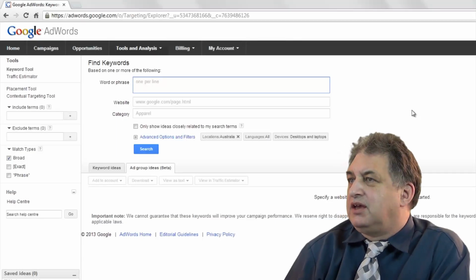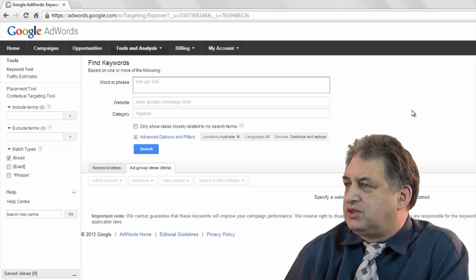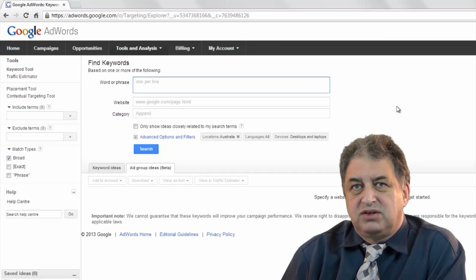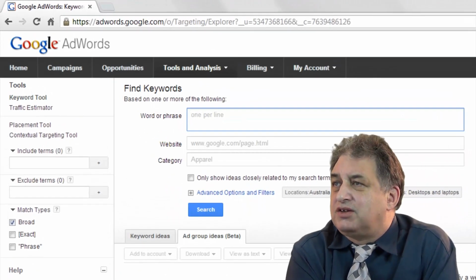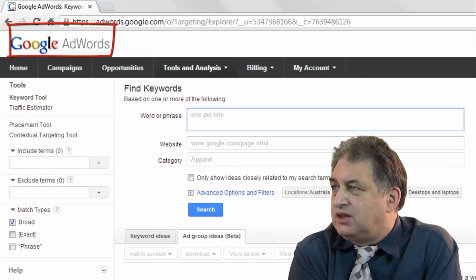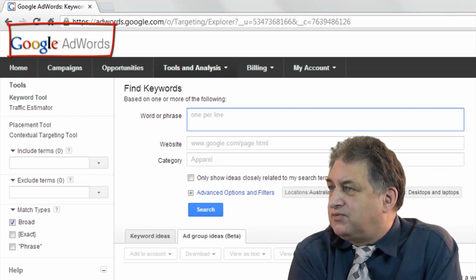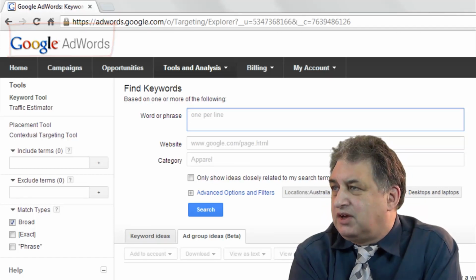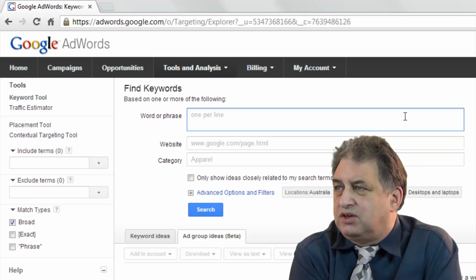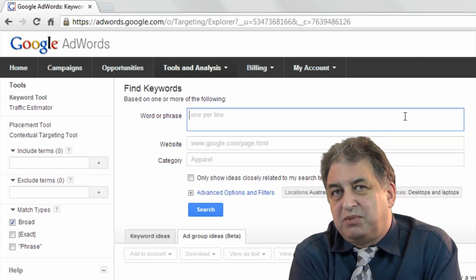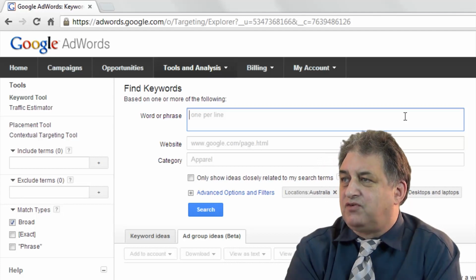So what I've done here is I've fired up the Google AdWords tool. You can use this, it's totally free. If you want to investigate it yourselves, just simply search Google for the phrase Google AdWords and you'll find that. You can sign up for this if you want to, or you can use it actually without signing up. And the whole point of this tool is that you can type in some phrases and see how many people search each particular month for a particular phrase.